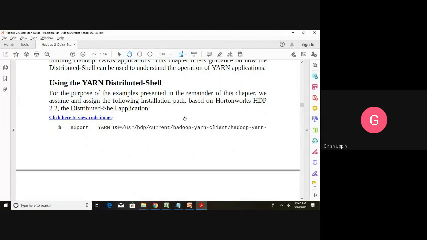In the examples presented in the remainder of this chapter, we assume and assign the following installation path based on the Hortonworks HDP 2.2. So this is with the assumption that this is for the HDP 2.2 version, and if you have a different version, I have told you how to search using the find command.